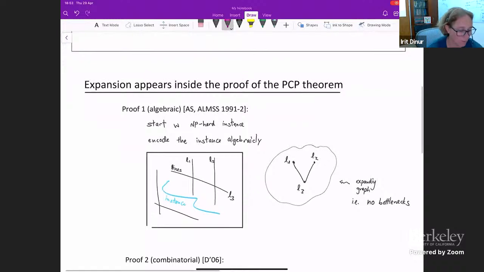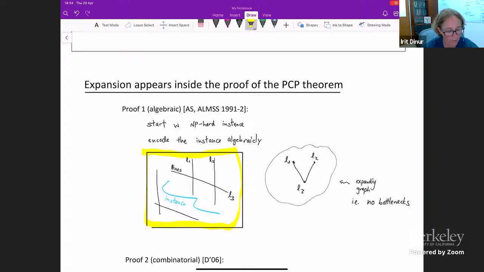The first one, the original proof, is the algebraic proof. And what it does is it takes the instance, I drew it here in blue, and you embed it or encode it in some algebraic space. Okay, you embed it inside a low degree polynomial over some finite field vector space. And then you break it into pieces by looking at the restriction of this polynomial to various lines. Okay, so I'm just saying it at a very high level. So basically, you encode your instance in a polynomial, and then you look at its restrictions to various lines. And then you need to do some more argumentation.